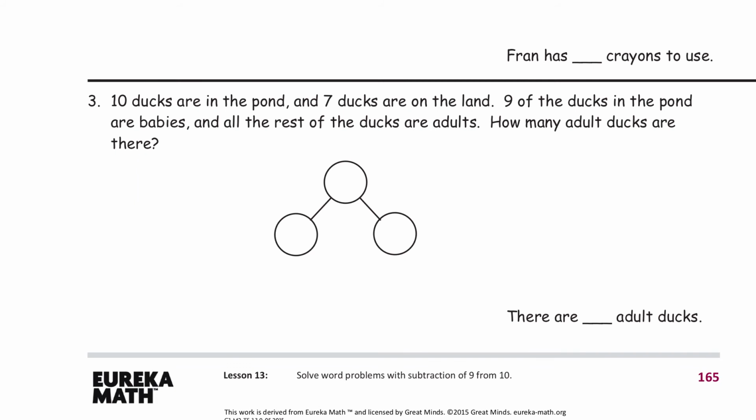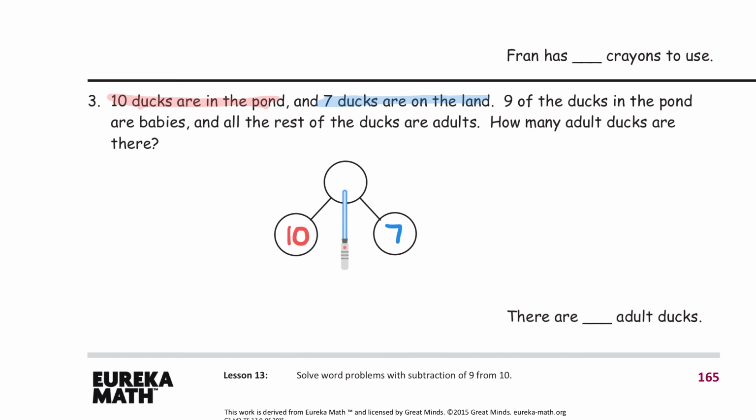Well, let's start this out together. So we have 10 ducks in the pond. So let's go ahead and write that in as one of our parts. We have 10 ducks on the pond. Then we have 7 ducks on the land. So let's fill in that part here. 7 ducks on the land. Okay, now our next step is we need to know how many we have total right here. So 10 and 7 equal,